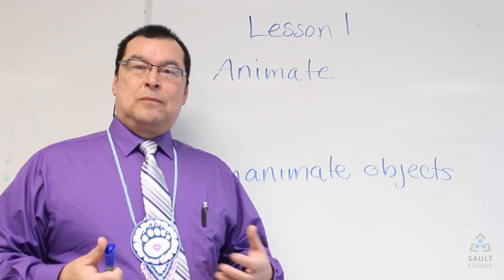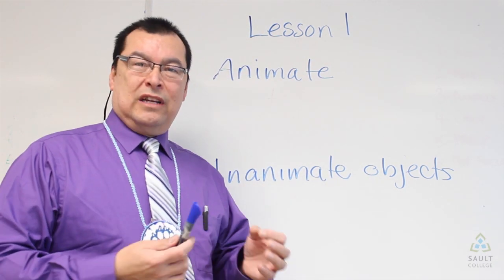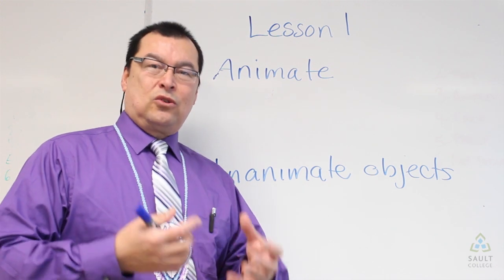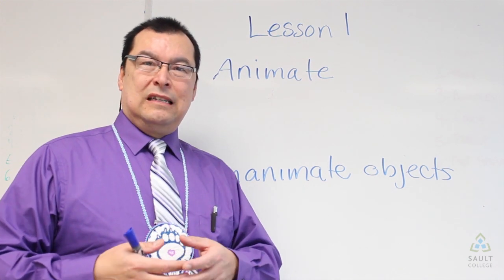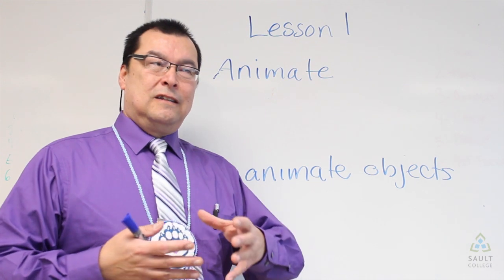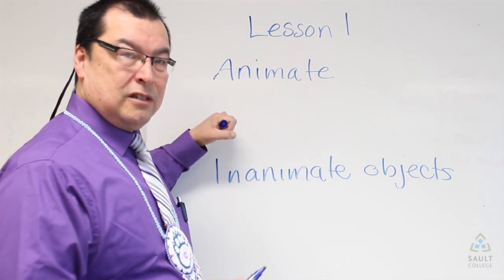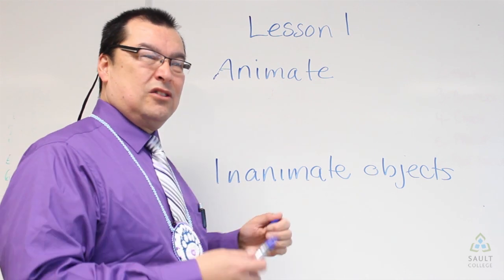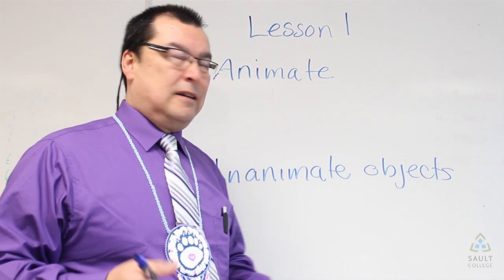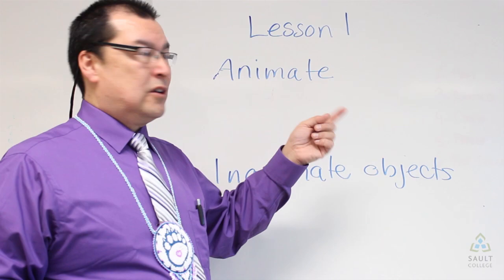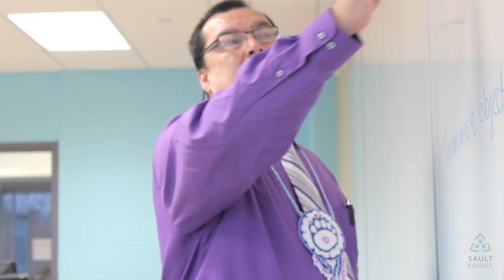When we refer to something as being animate or inanimate, it changes the structure of the adjectives, of the diminutives, of all the other words that follow. For example, there is no hard and fast rule when it comes to determining whether something is animate or inanimate. There's no law that says one thing or the other. But generally speaking, anything